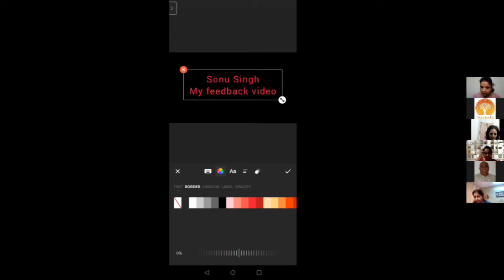जैसे अगर मैंने border को blank कर दिया, so see, it will be blank. So the first option, the white cross, which is the first option, that is blank. So that means you don't need it. But if you start selecting any other color, then it will give you the border. Next is the shadow option.